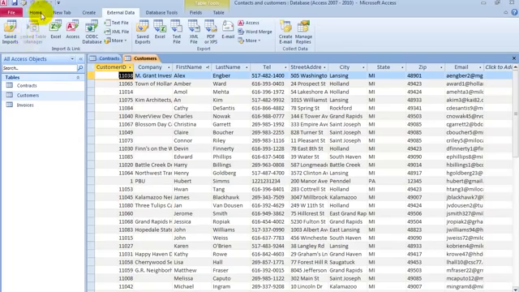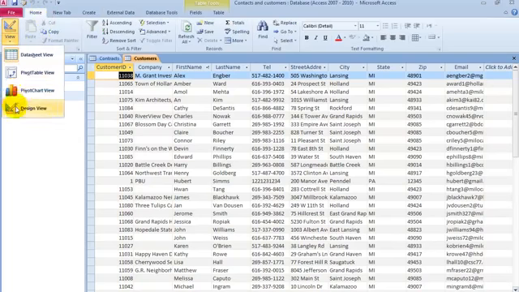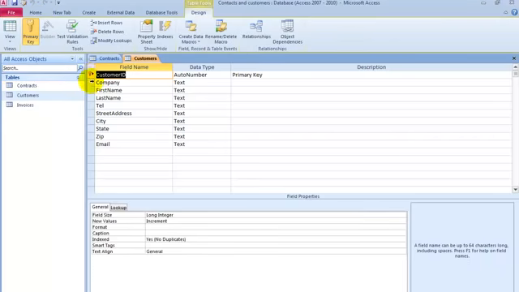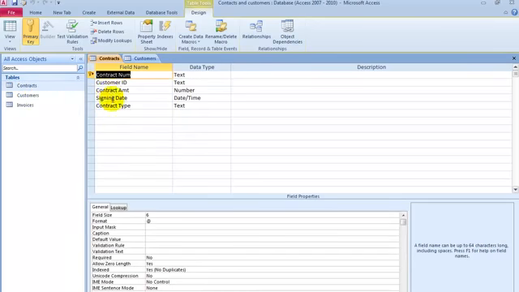So notice here under the customers, if we have customer ID as one of the fields, and if we go under design here, we note that there is this golden key next to it. That means it's the primary key. That's what differentiates things in that table, or what makes the records unique for that table. If we go to contracts, notice we have the contract number, which is the primary key. However, there is also a customer ID field,